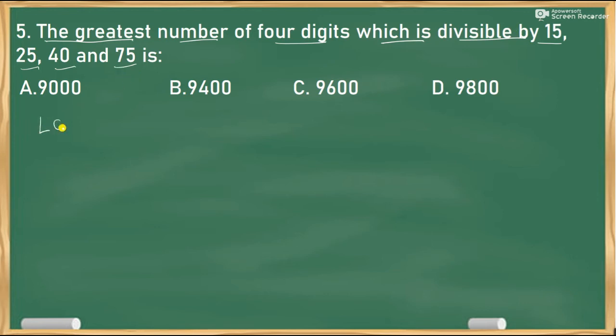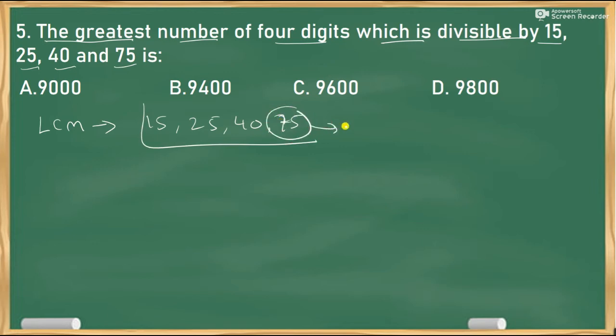Now step 1, let me calculate the LCM of this. I want to find a common multiple for these 4 numbers: 15, 25, 40, 75. So I'll stick to the shortcut. Take the highest number and write down the multiples of it. So 75, 150, next 300. If I do 600, I can write the in-between multiples also, that's not a big deal. If I see this, 600 is a number which is exactly divisible by 75, 40, 25 and 15. So 600 is my LCM.